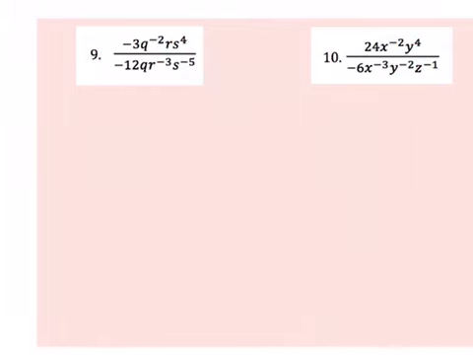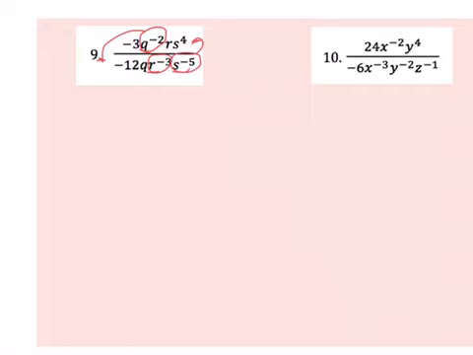All right, number 9 here. Let's go ahead and look at this one. Remember, the first thing I always do is I want to get rid of those negative exponents, the negative powers. So this q to the negative 2 is going to move down. The r to the negative 3 and the s to the negative 5 are going to move up on top. Everything else needs to stay right where it is because those all have positive exponents, so we don't want to